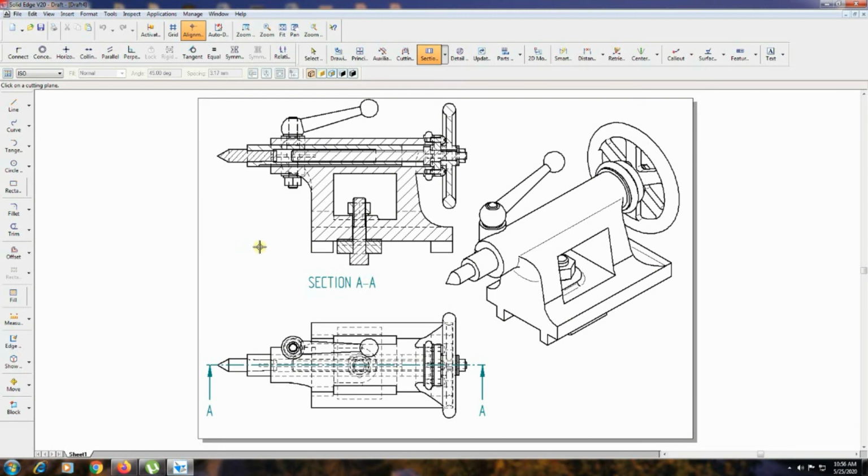Now you can see the sectional front view of the tailstock assembly is over. This procedure you can use only if the question asks for a sectional front view or full sectional front view. Otherwise you have to go for broken out section.